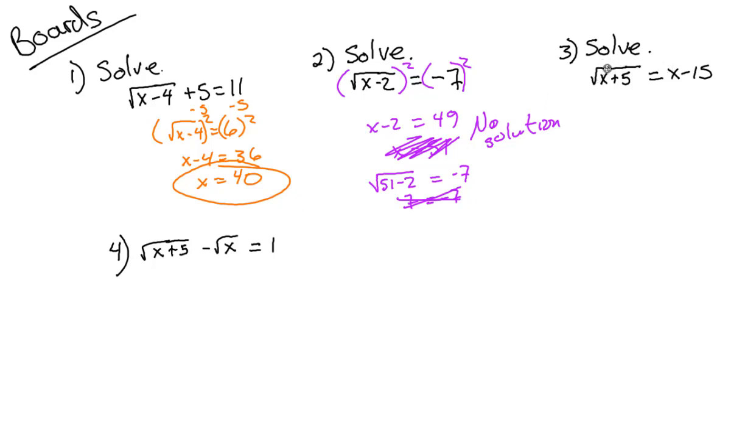Okay, the square root is by itself, so we can immediately start off squaring both sides. We get x plus 5 equals x squared minus 30x plus 225. Again, freshman's dream: you may not just pass this exponent across a plus or a minus sign. We are now in a polynomial equation, so we must get it equal to 0. Subtract x from both sides, and subtract 5 from both sides. So we get x squared minus 31x